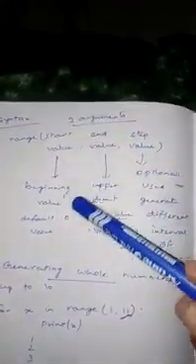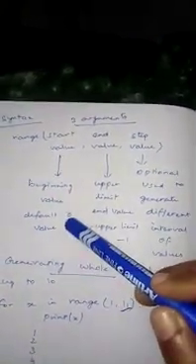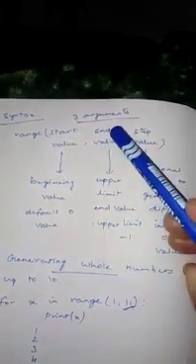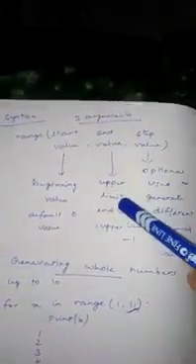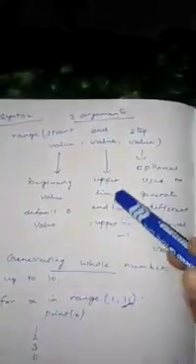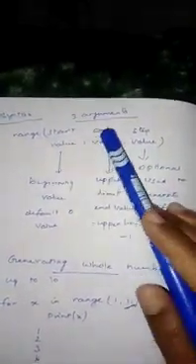Now the range function has 3 arguments. Syntax you see: range, start value, end value and step value. Start value is the series beginning number, beginning value. The default value is 0. Next argument, end value. The end value says the upper limit, the last number. Always in the range function, the last number is the upper limit minus 1. Whatever value we are giving, the end will be taken as end minus 1.